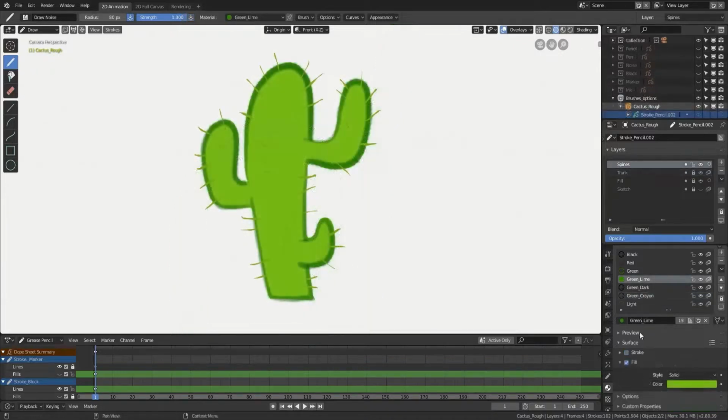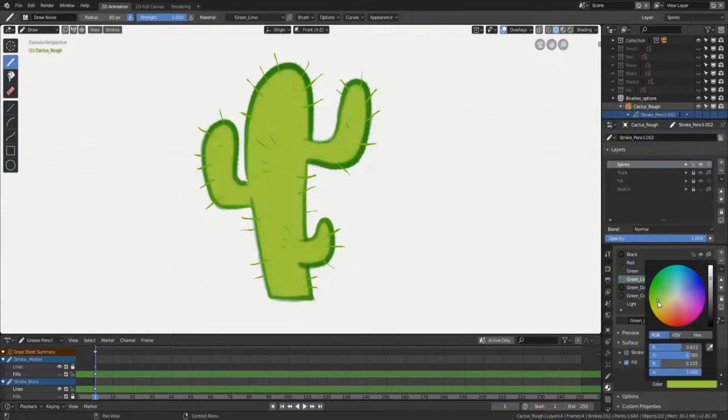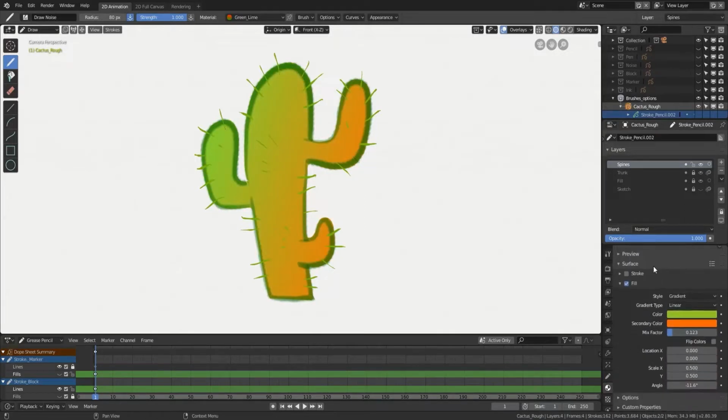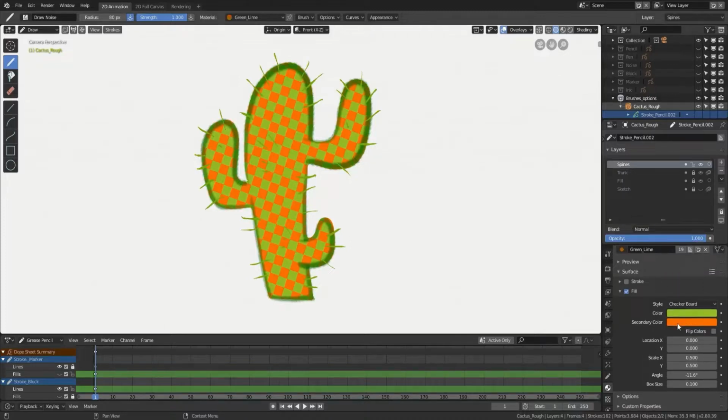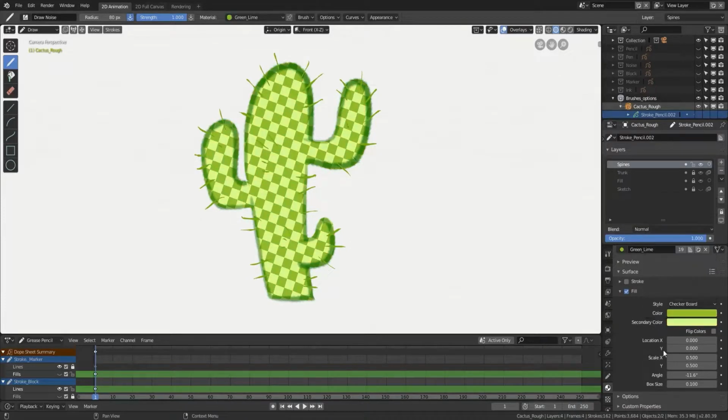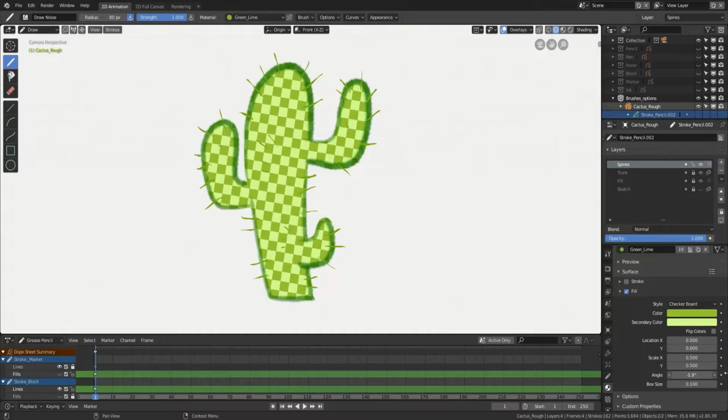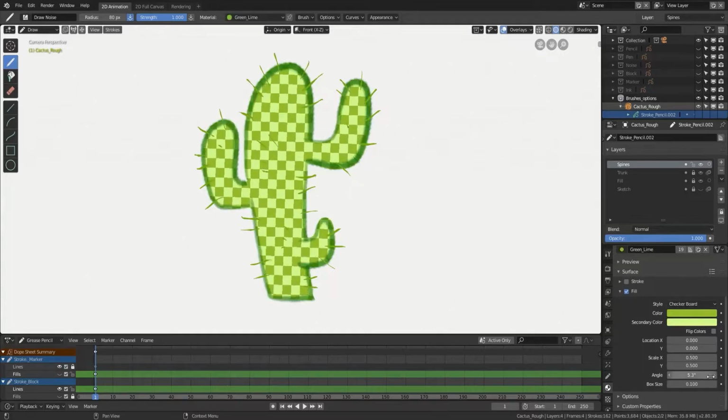Materials with fill have also multiple styles other than solid color. Gradient, checkerboard, and texture.